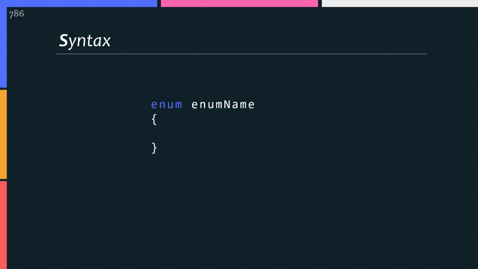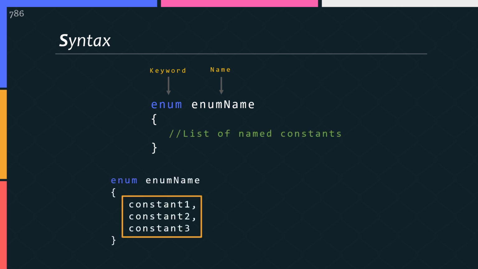This is the basic structure of enumeration. Please, I need your full attention here. This is a very important slide. You use the enum keyword to define an enumeration, followed by the enumeration name, and a set of values you use with the enumeration type. Now these values should be inside curly braces, separated by commas.